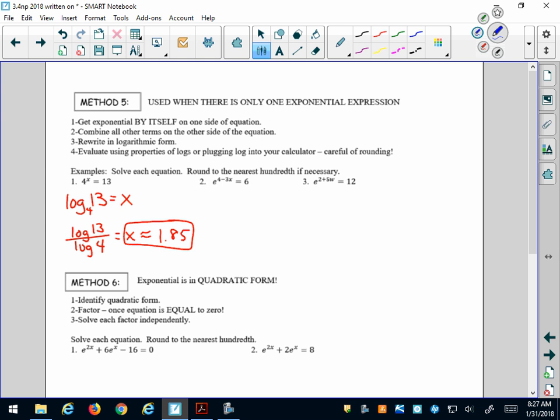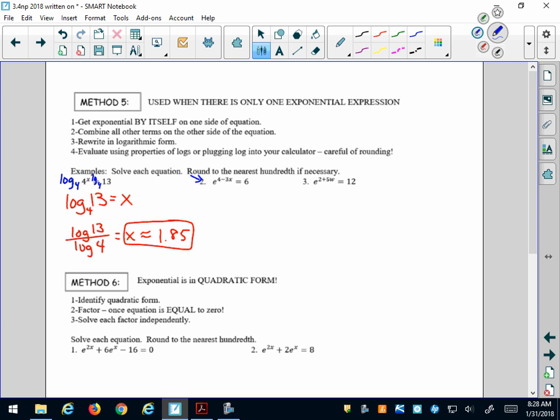You could also think about this as take the log base 4 of both sides. Right? Take the log base 4 of 4 to the x, and what do you get? Log base 4 of 4 to the x is just x. Remember, if it's the same base, 4, and then 4 to the something, it's just that something. Log base 4 of 4 to the x is just x, and then log base 4 of 13. So we have x equals log base 4 of 13, which is what we just had. Right? So that's another way of thinking about this. Like here,